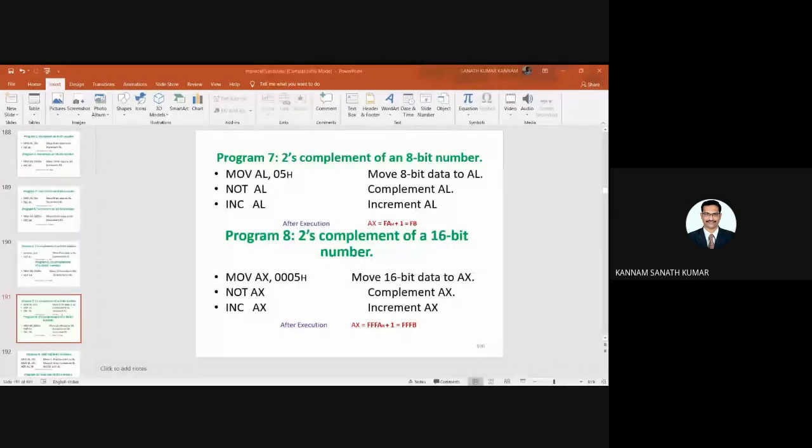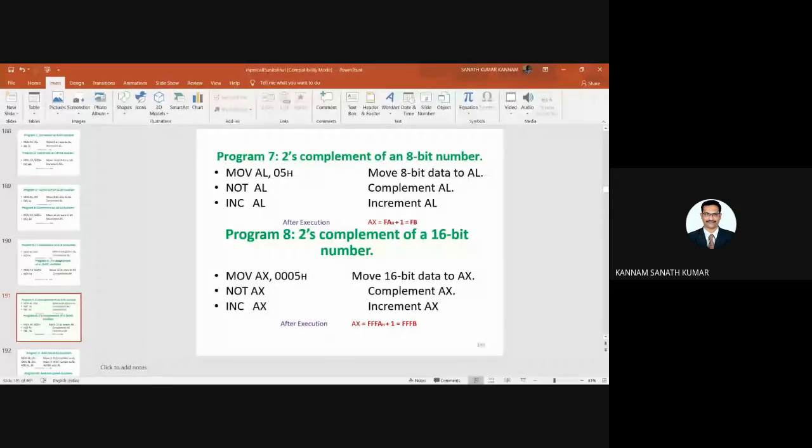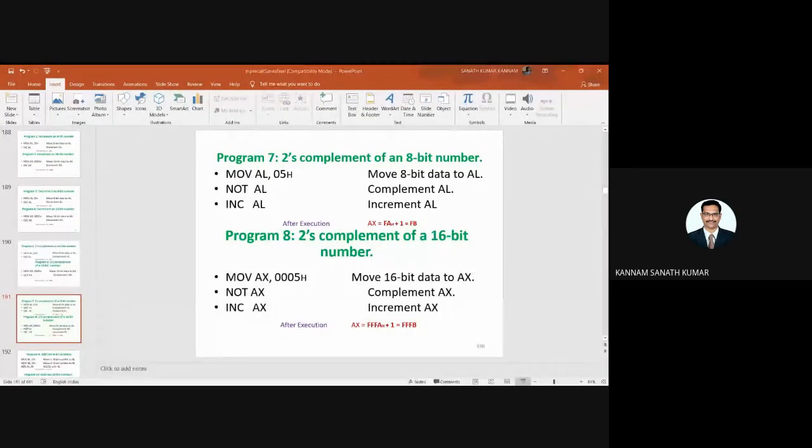Next, twos complement. Twos complement is nothing but, for the ones complement, if you add 1 at the LSB, you will get the twos complement. So if you see this twos complement of an 8-bit number, MOV AL, 05H, move 8-bit data to AL. NOT AL is nothing but ones complement.